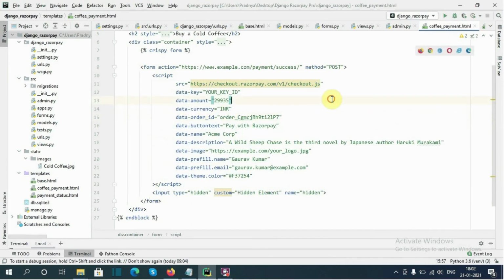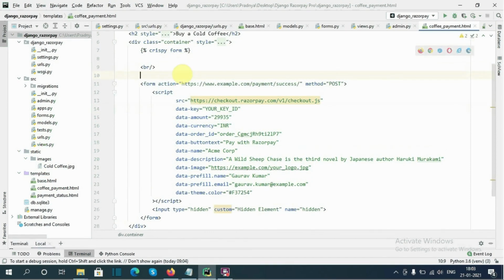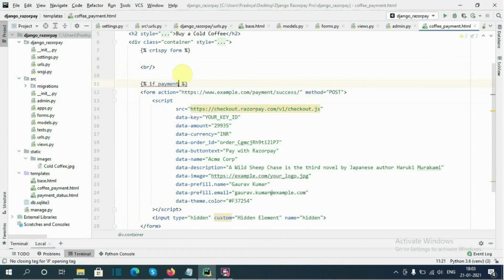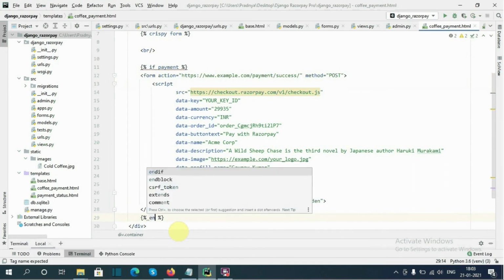Okay, I have removed the comments. Now after the form, here I will type br. Here I will type if payment, that is, if the order is created successfully at Razorpay, then I am going to show the Pay with Razorpay button.